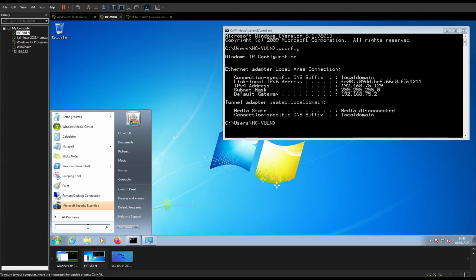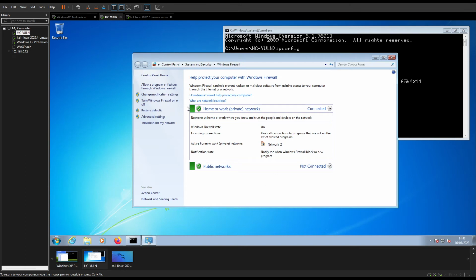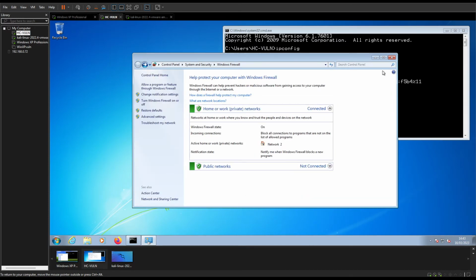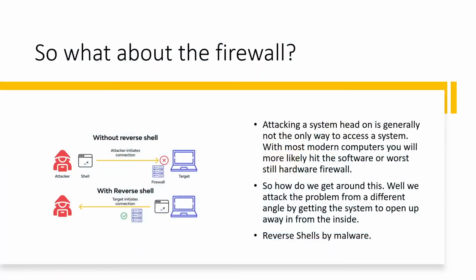If I bring up the firewall, which I think I've got here already, you can see the firewall is all on, so they're all green, they haven't been turned off. So the next hack that I do is actually going to be done with the firewall still in place. So if I switch back to the presentation,